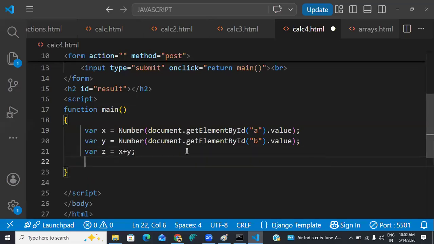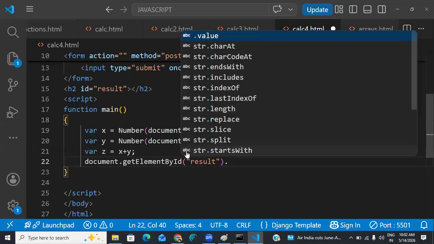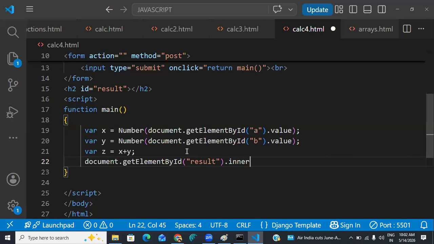document.getElementById. So what is the id name? Result. Now here we have to use innerHTML. Okay now, if you have an input, you just use dot value directly. So for an element like a heading, right? You just use innerHTML. innerHTML is equal to z, guys. Now see,